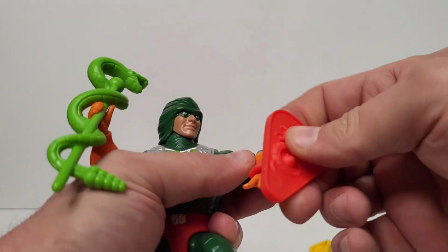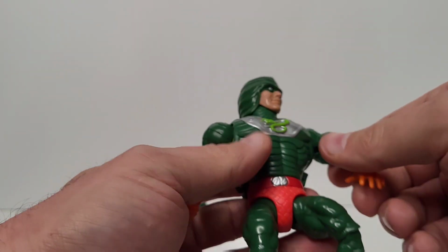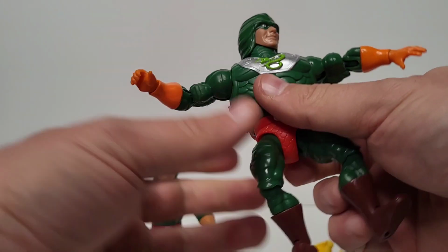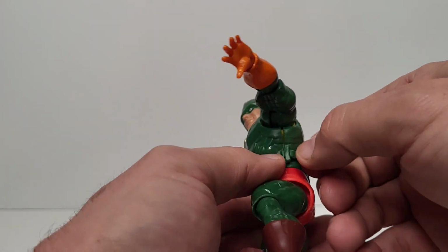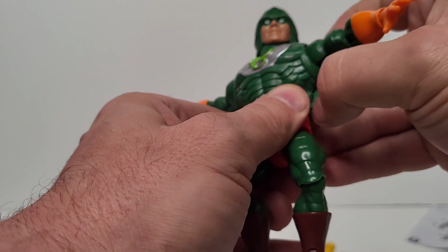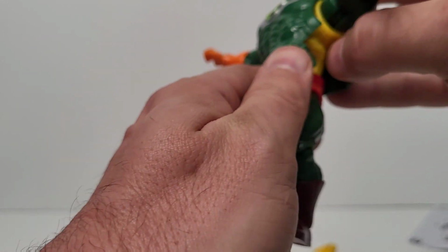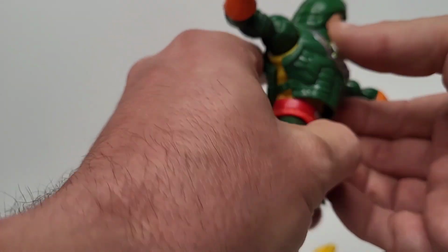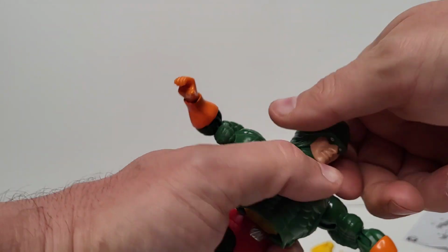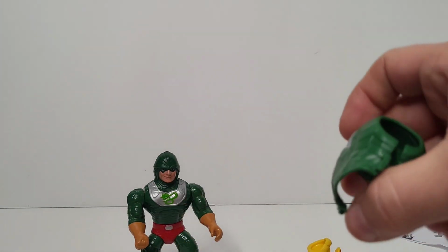Alright, so let's change him out here and see what he looks like. It's got these little things like the breastplates and stuff have on them, little tabs. And oh, it goes over his head, so you got to pop his head off to get it off. That's different. It's actually one piece,